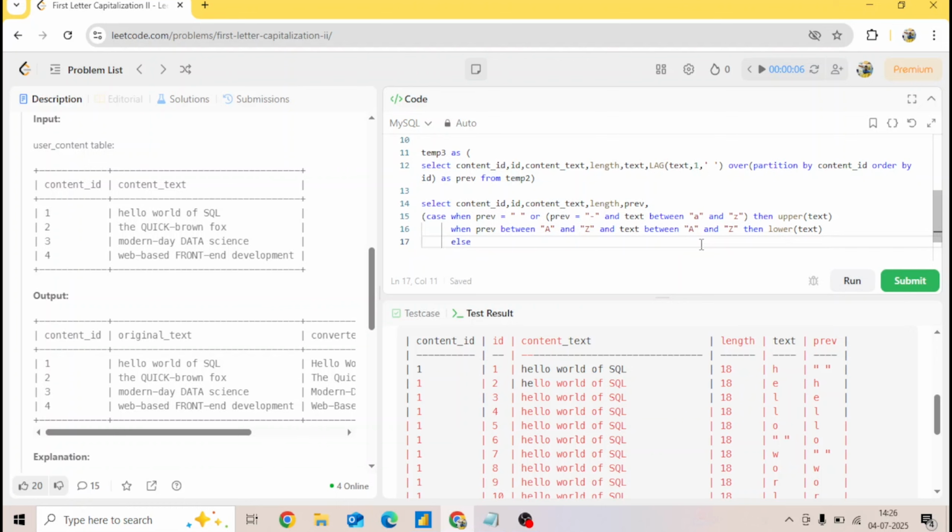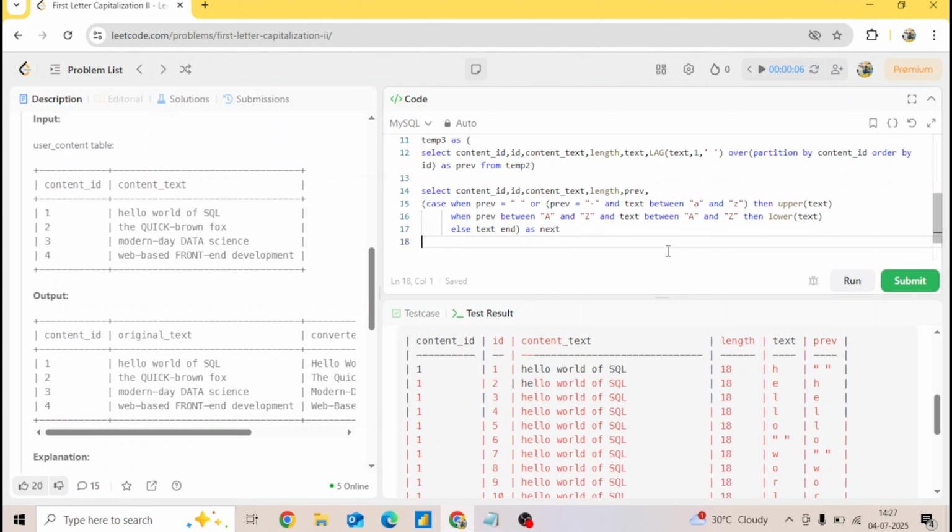Okay, for the rest of the case, we can just leave it as it is. So it is as good as that, and we will give an end, and we are going to alias this as, let's say, next. Then we are going to say from temp 3. Correct. Now if I go ahead and run this,